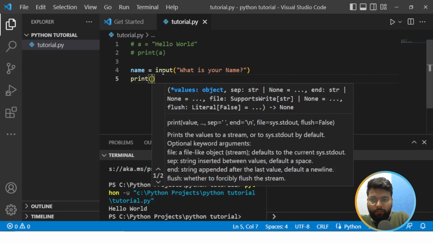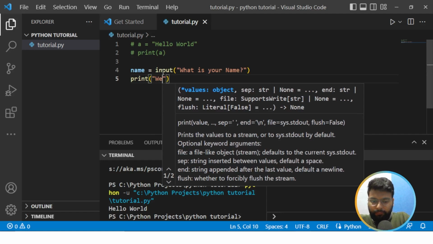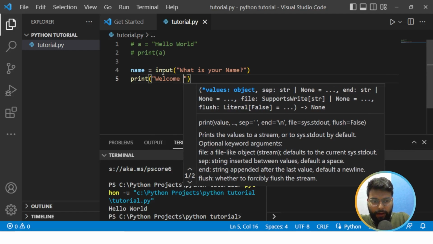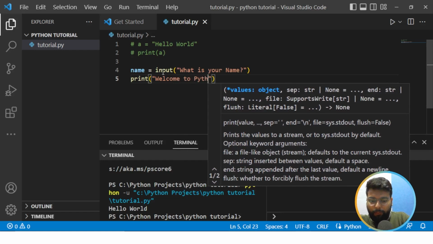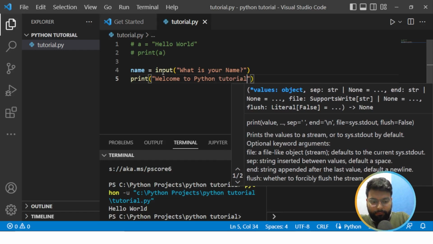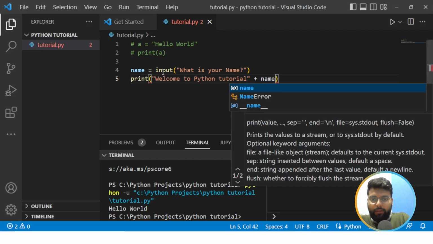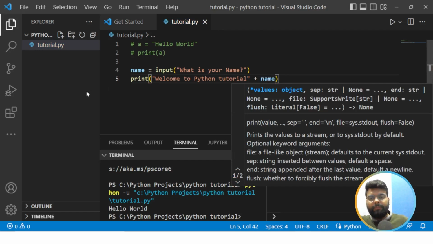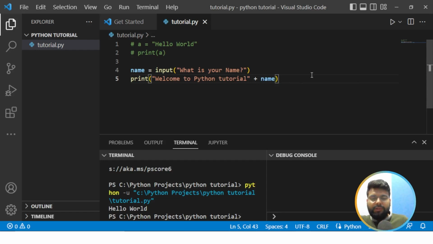And after that, we will print his name. First, we'll write a string, welcome to Python tutorial, and to write the variable that has some values in it, we'll use the addition sign, that is the plus sign, and then write the variable name. So we'll save this